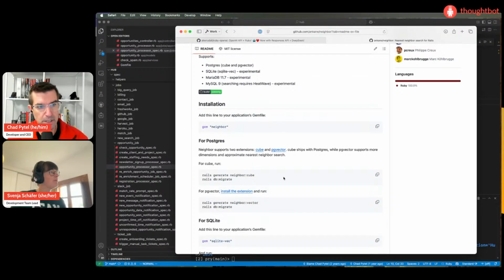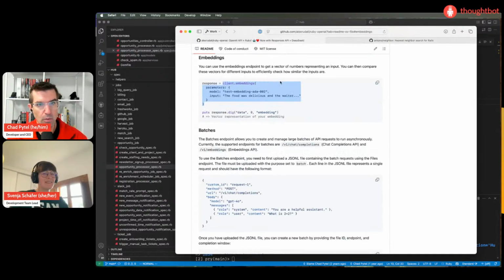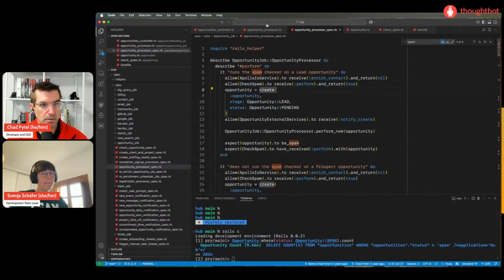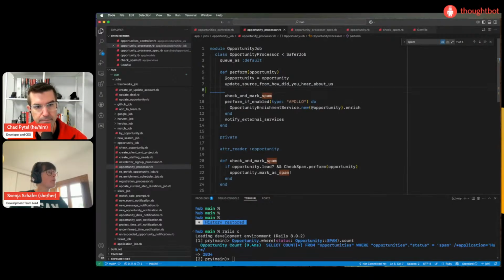I mentioned we were going to use PG vector. You mentioned we'll use the neighbor gem, a Ruby gem to do nearest neighbor searching. That's the lay of the land. In opportunity processor, we're going to want to call something that generates an embedding for an opportunity.